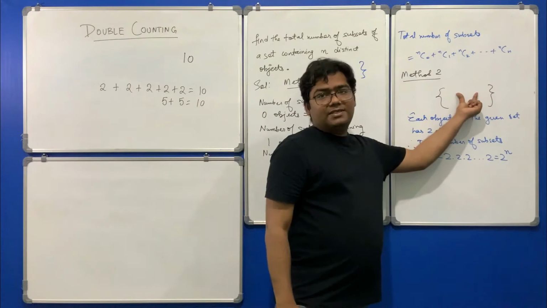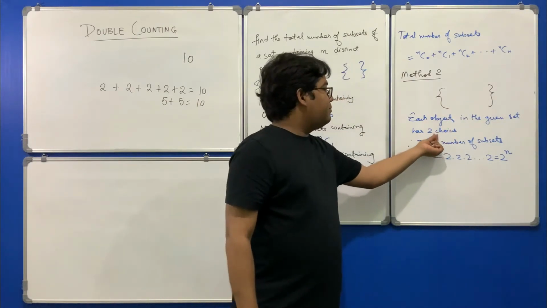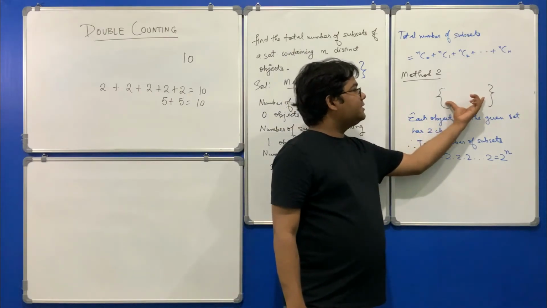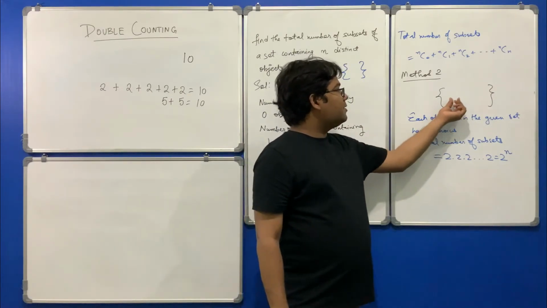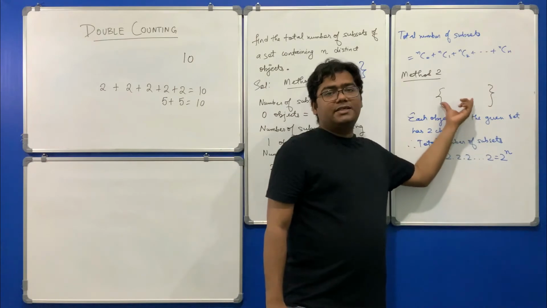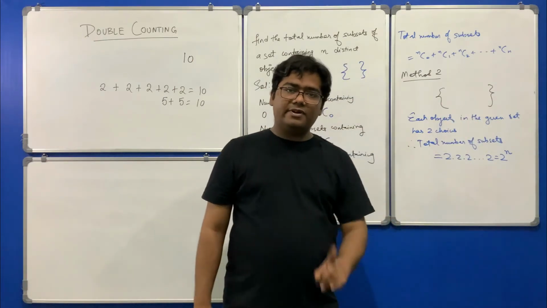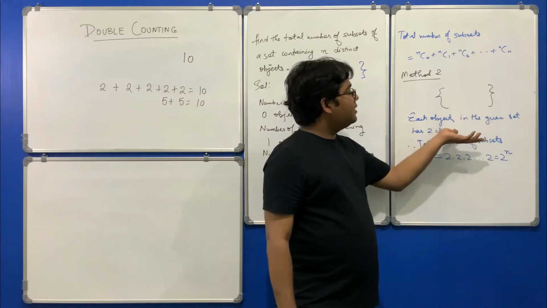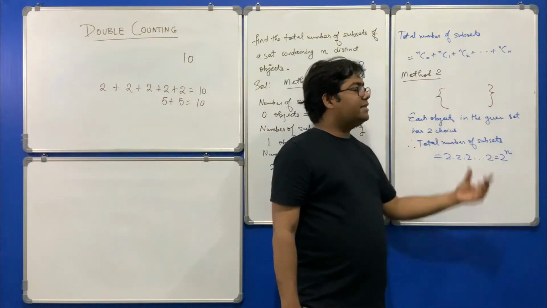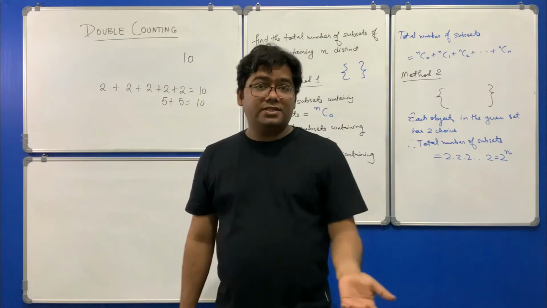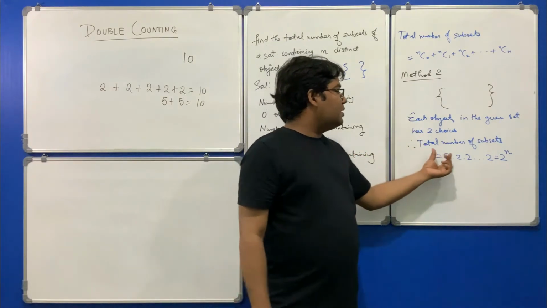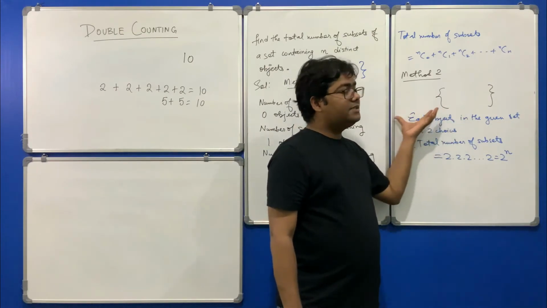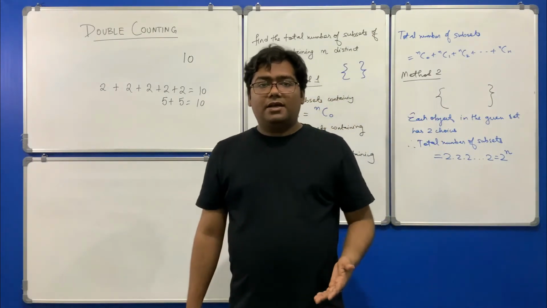Of going into this set. Are you getting this? So it may go, may not go. It may happen that no one goes into this set, then this is an empty set. If only one object goes and nobody else, then it is a subset containing only one object. If maybe two objects decided to go and none of the others went, then this contains only two objects like this. So this way what we will get is the total number of subsets. So the total number of subsets is the total number of choices these objects have.